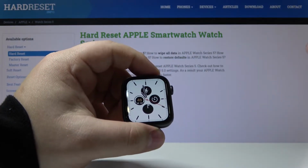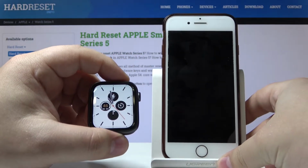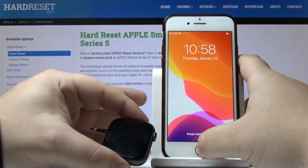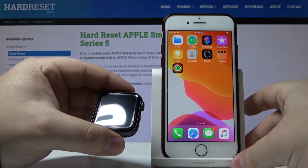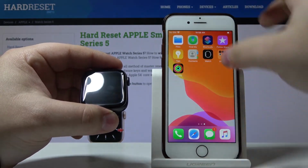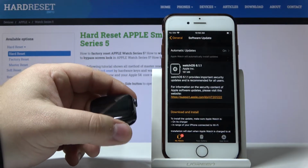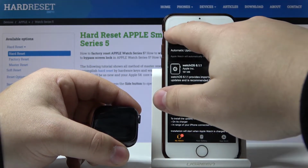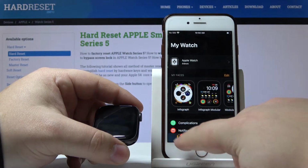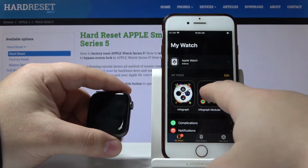We can also use our phone to change the watch face. So let's take our iPhone right here. Let's wake it up, and then open the watch application on our iPhone. Here, let's go back to the main page, and as you can see here we have category My Faces,